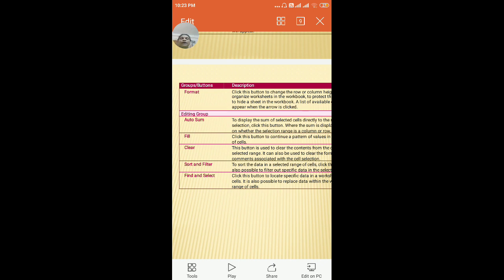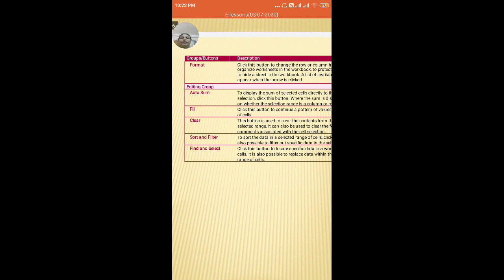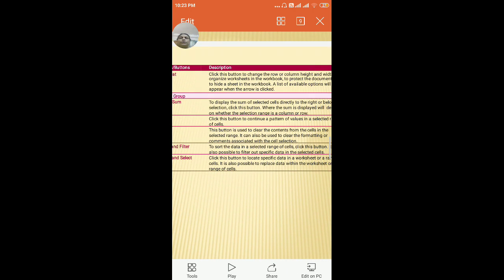Now let us come to the editing group in the home tab. What are the commands under the editing group? AutoSum command, fill command, clear command, sort and filter command, find and select command. Now, what is this AutoSum command?